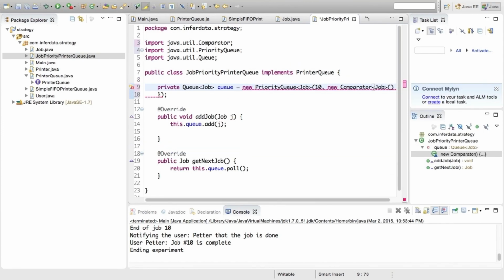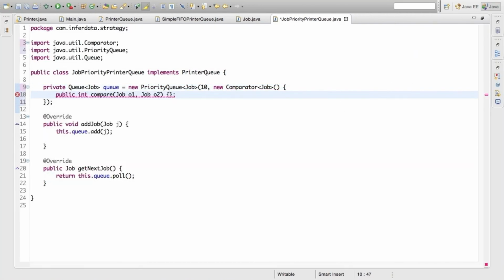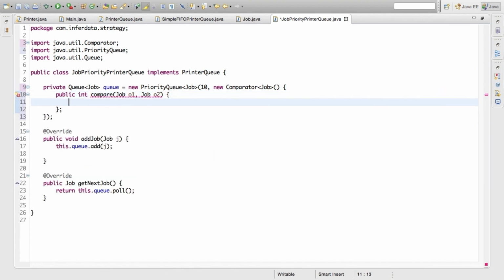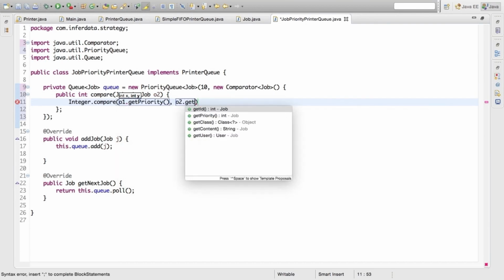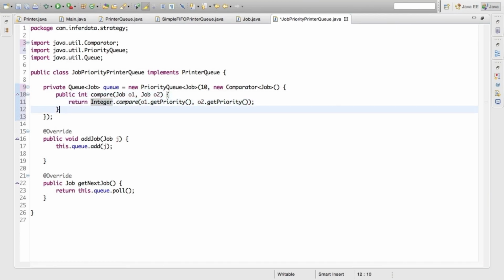So I'm going to create an anonymous inner class here that is of type Comparator for jobs. And in the required compare method, I'm simply going to forward to the Integer's compare. And that should allow us to prioritize the jobs. Now the priority queue should use this comparator and compare two jobs, or put them in the order of the